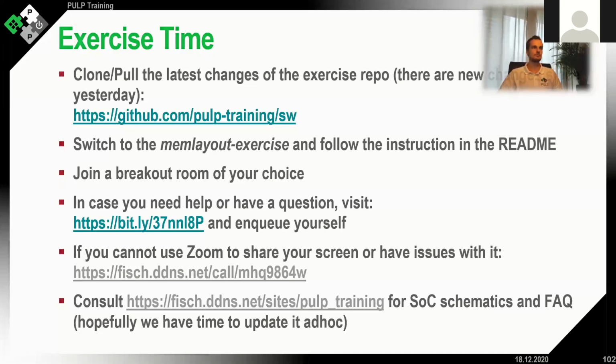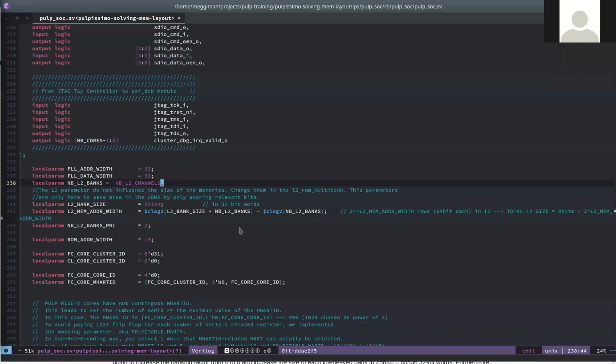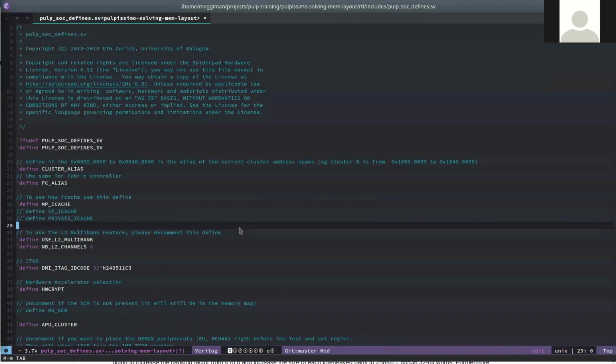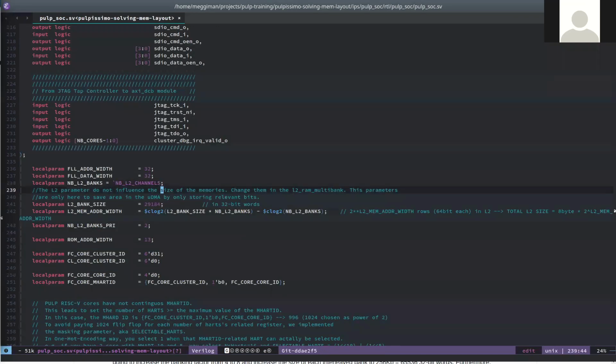So just for the recording, I will recapitulate what I just did. I just did the first step of the memory layout exercise, which is increasing the banking factor of the interleaved region from 4 to 8. To do that, I switched to the PULP subdefines and changed the value of the NBL2 channels from 4 to 8. Okay, next step